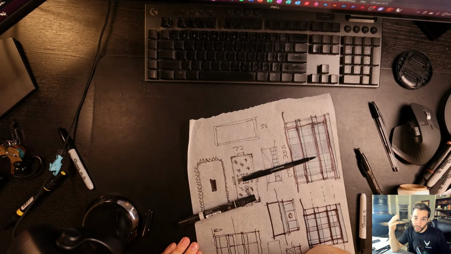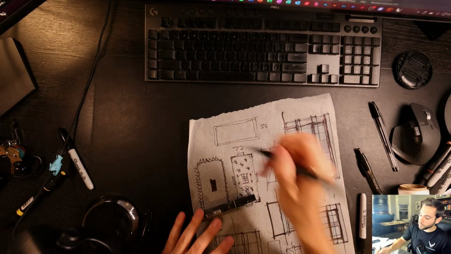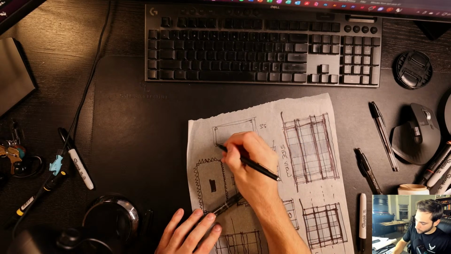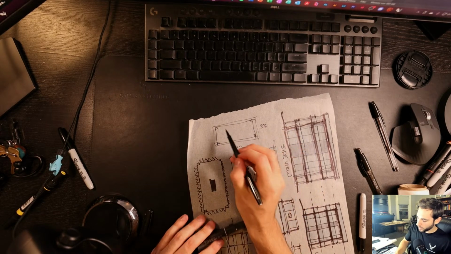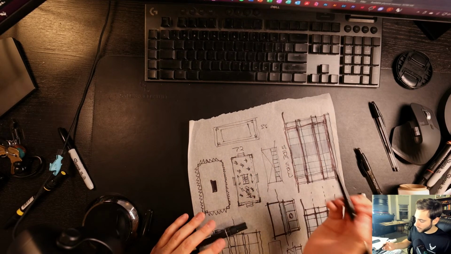There's a building coverage. The rule is you can't cover more than 50% of the property. Fine. I think I can make that work.